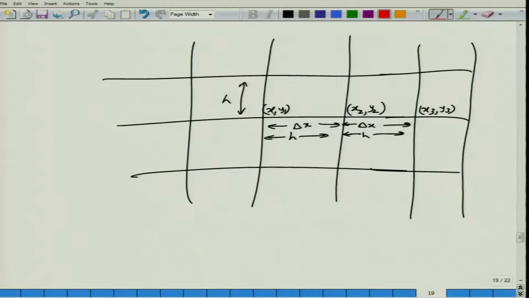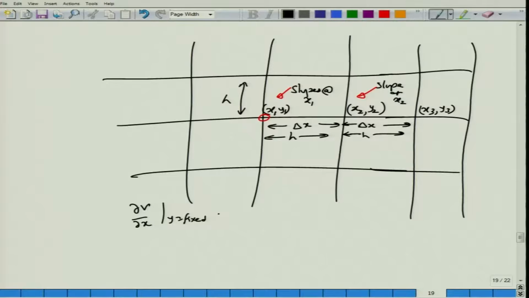So I need the partial derivative at say x1 and y1. In order to obtain the partial derivative at this particular point, I need to find out the slope here and the slope here, and then subtract the slopes and then divide this by h. So how do I do that? I have already seen. So these are the slopes. This is the slope at x1, this is the slope at x2. So what is the slope at x1? That is nothing but del V by del x while keeping y fixed.